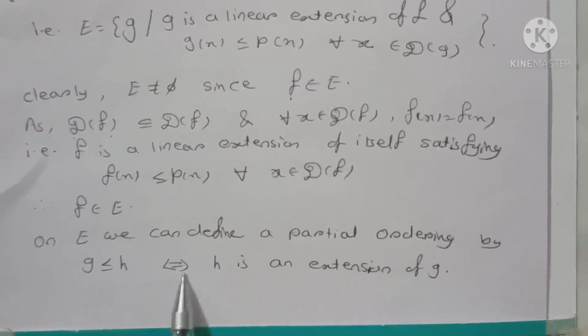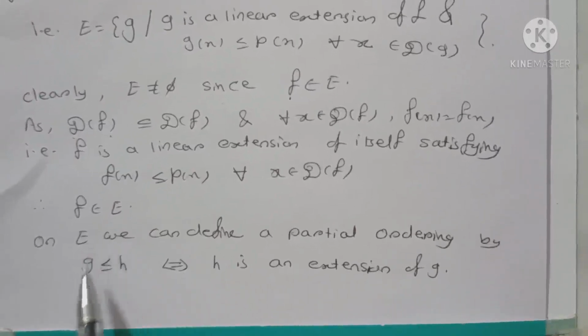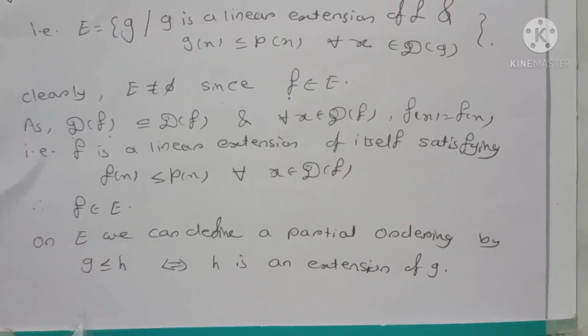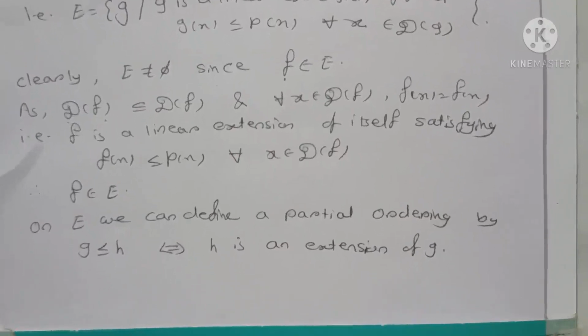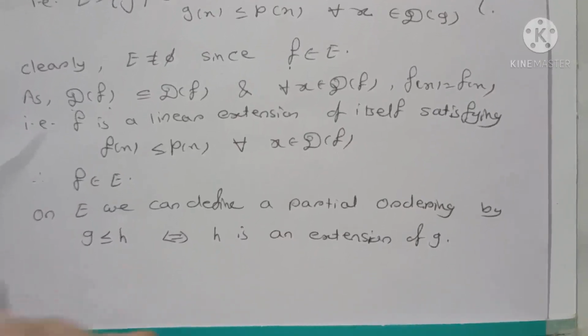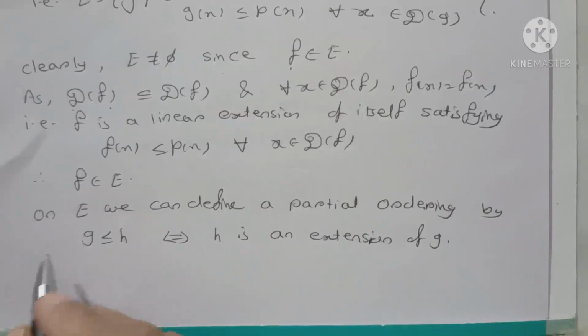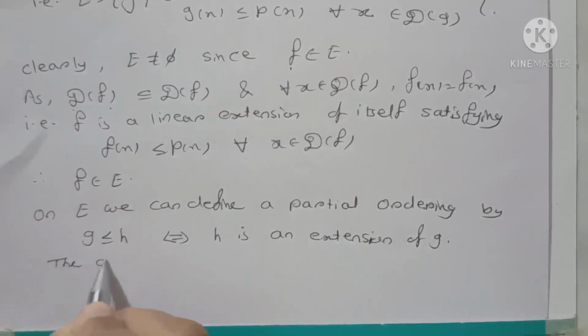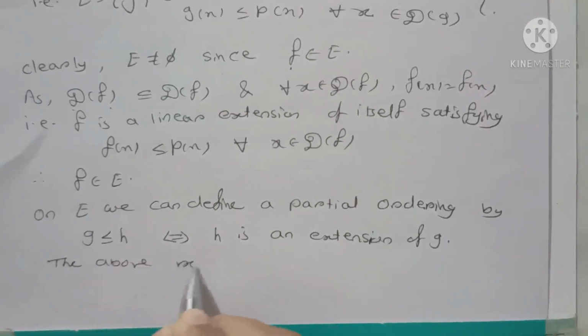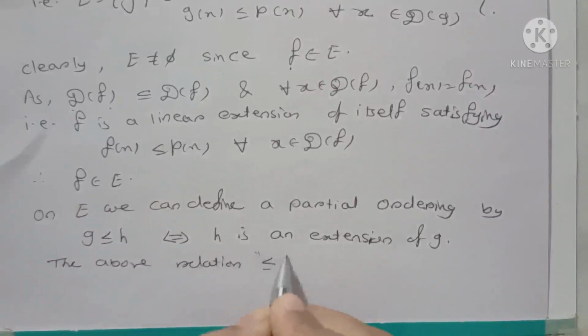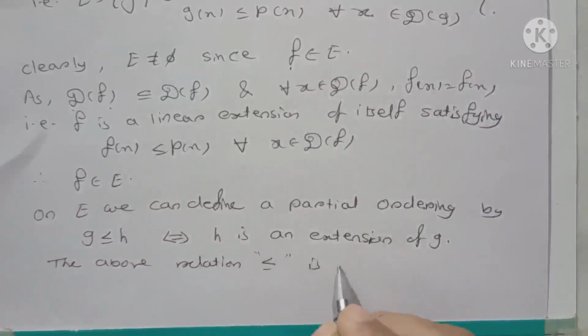In this way we define the partial ordering on capital E. Here we show that this relation is a partial order relation. The above relation is a partial ordering,